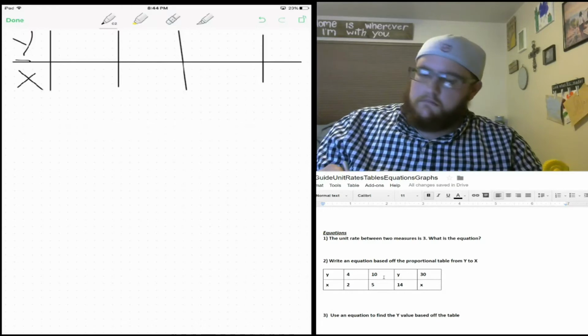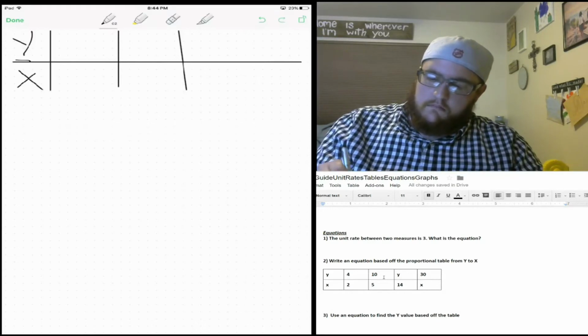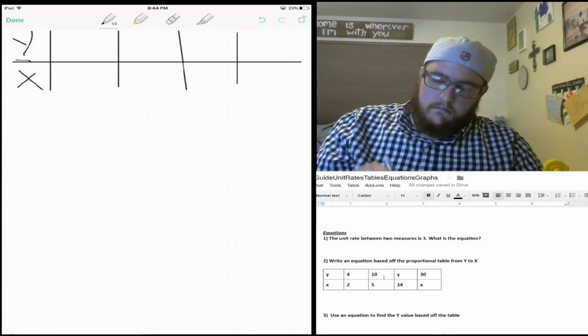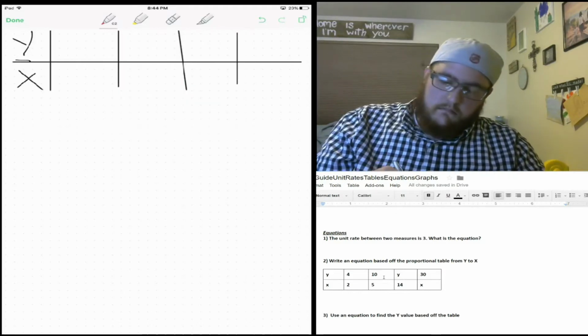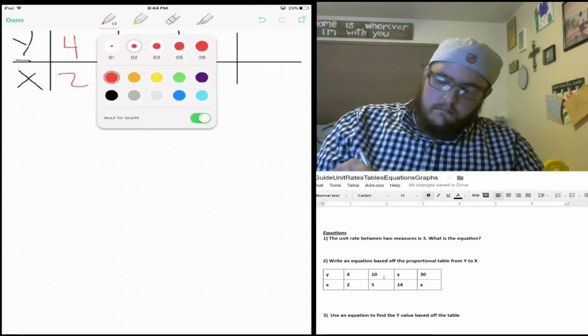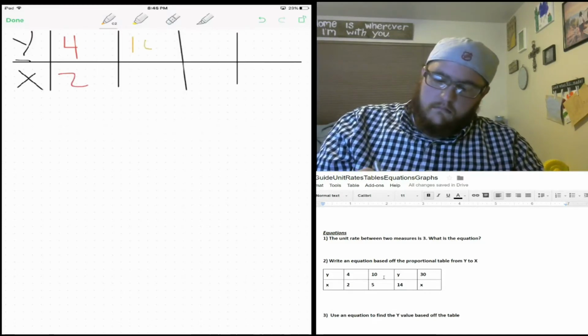Oop, having trouble drawing my last line here. That's not going to give me enough space, so let me just move it over. There we go. Okay, so our first set of data is 4 in the y value, and the x value